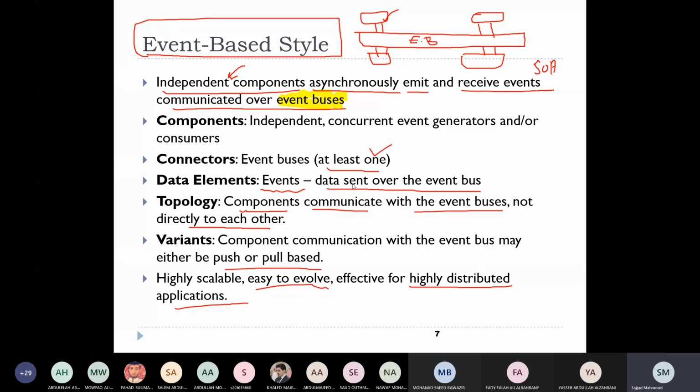Okay. Any other questions, guys? Doctor, isn't event-based style like model view controller or not? Good one. Now,